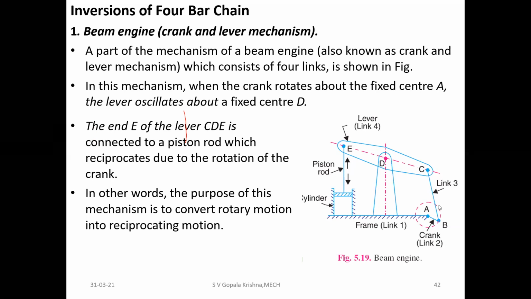So when we do that, what is the function that will happen in our particular mechanism? It is converting the rotary motion to reciprocating motion. So that may also happen in our particular mechanism. The main thing is how many links are there, which link is acting as the crank, which is acting as the fixed, and which is acting as the turning pins. Those are also represented, and the last one is the main motive. So that is the main function: it is converting the rotary to reciprocating motion.